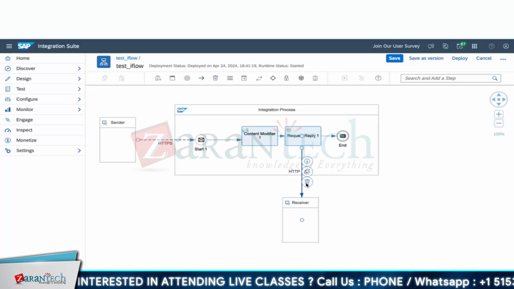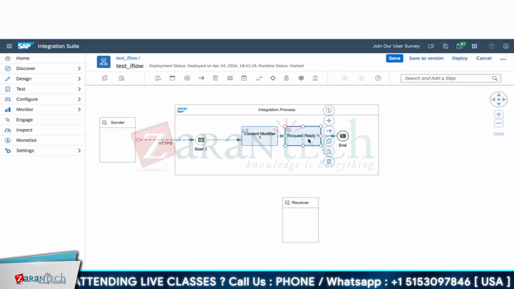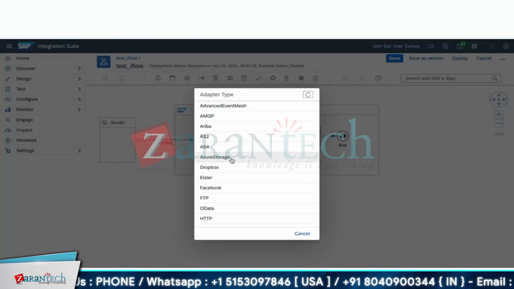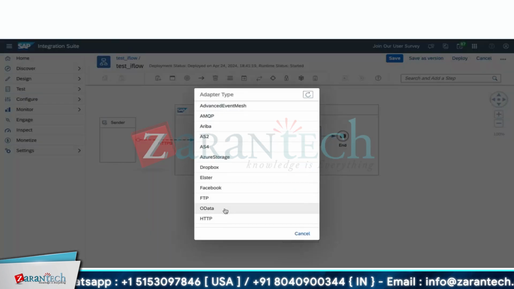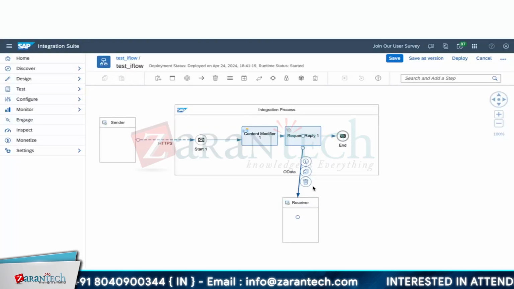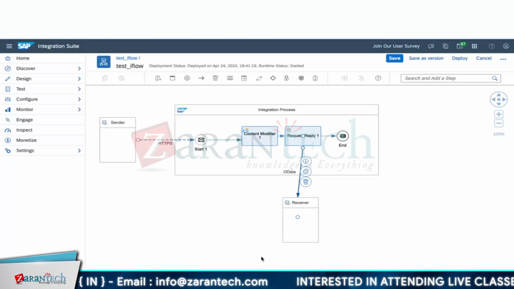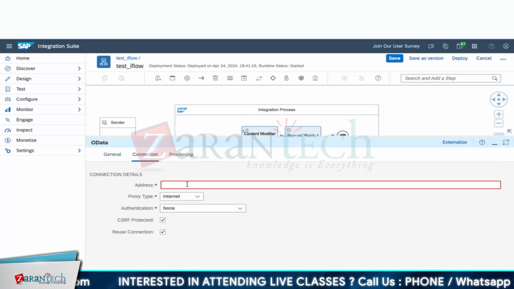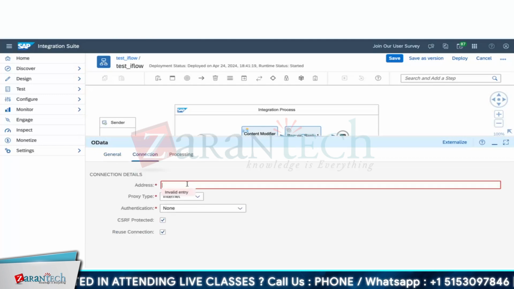let me delete this one. In your actual version you have the OData adapter, but here in your trial account, I see an OData adapter. We can use V2 also. Yes, OData adapter, yes. So this is coming. It's the same URL.